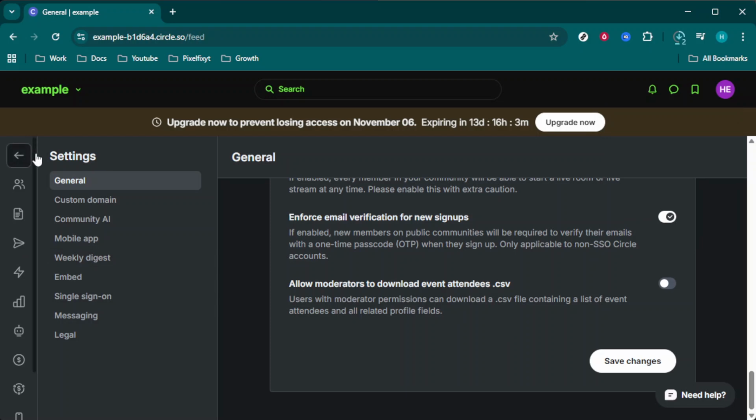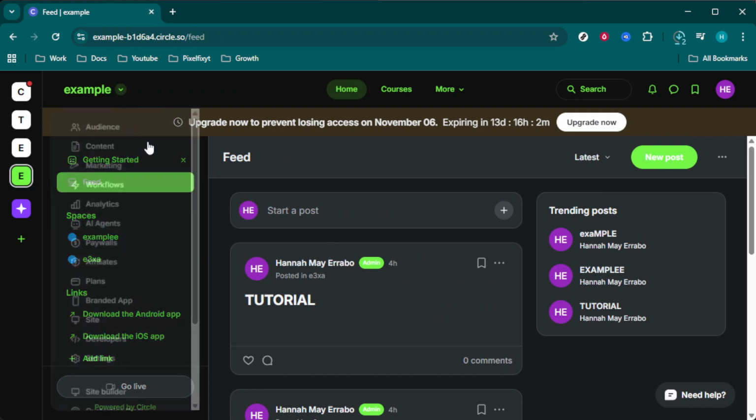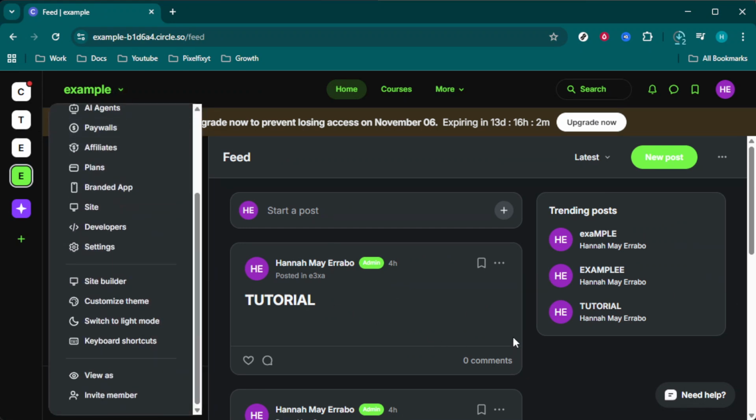And there you have it. You've just created a lead magnet in Circle.so. Remember, the key to a successful lead magnet is to offer something of genuine value to your audience,